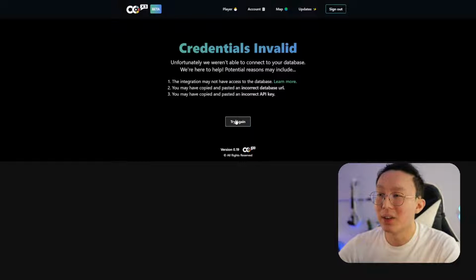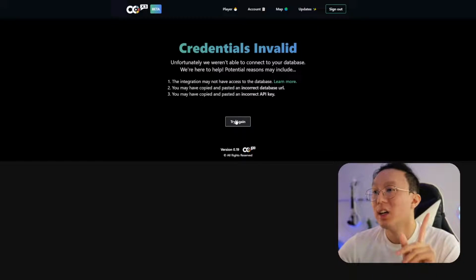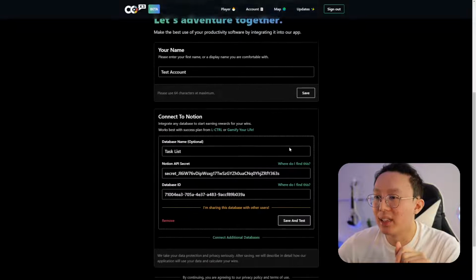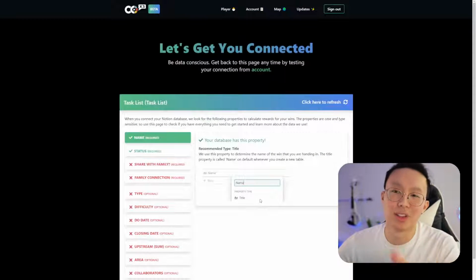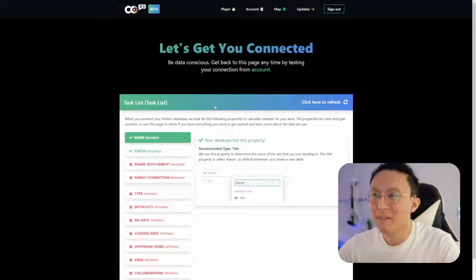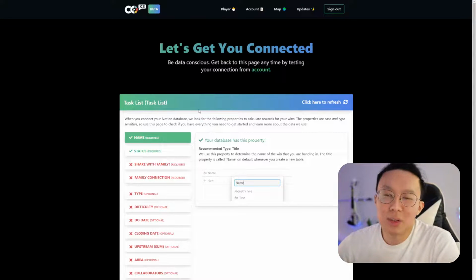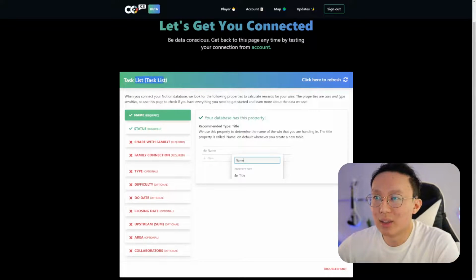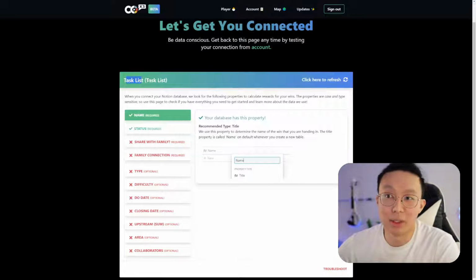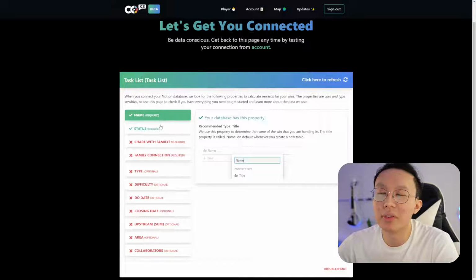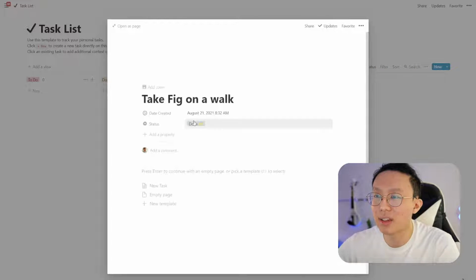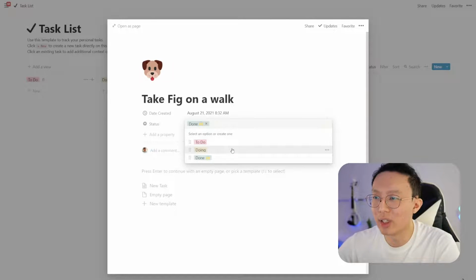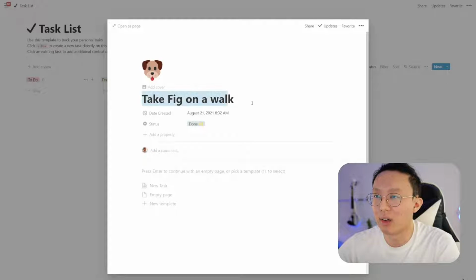Oh, the credentials are invalid. What's going on? So right here, we're going to check exactly why our credentials are invalid. Let's see what's happening. Oh, I just need to refresh it. So that's actually perfectly fine. So we pulled in the information. We found the task list, right? So that's confirmed. We found the task list. This is the name of the database as it's named in Notion. And it says right now we have the name and status property, okay? Which means that we have a status property that has to do, doing, done, whatever. And then we have the name of the task.